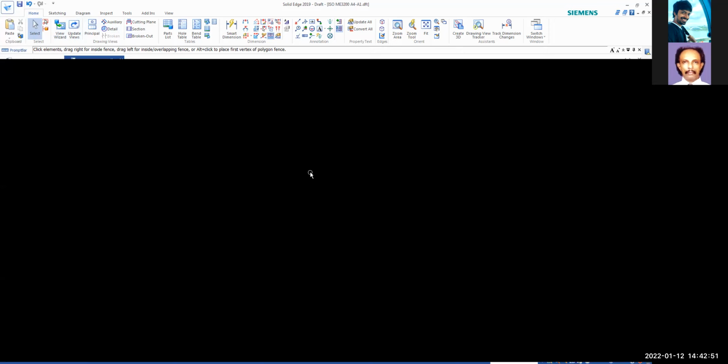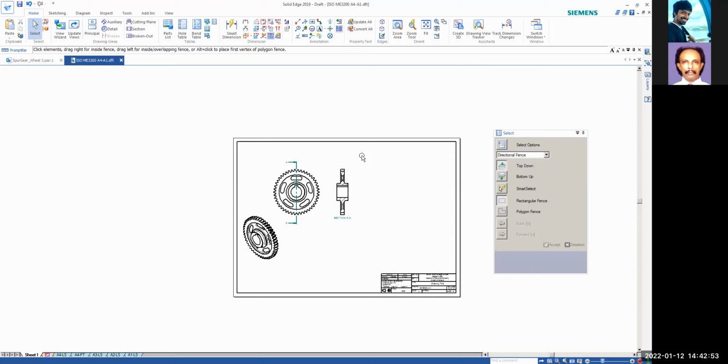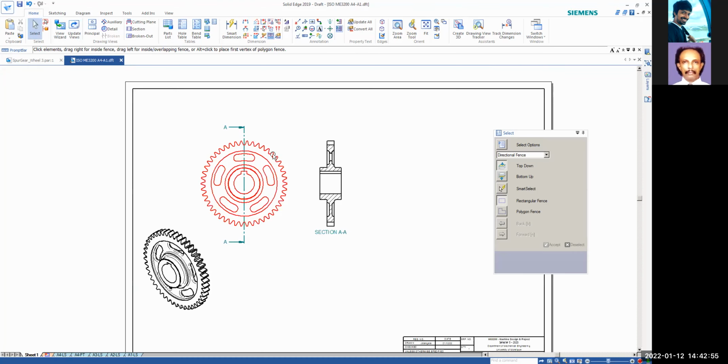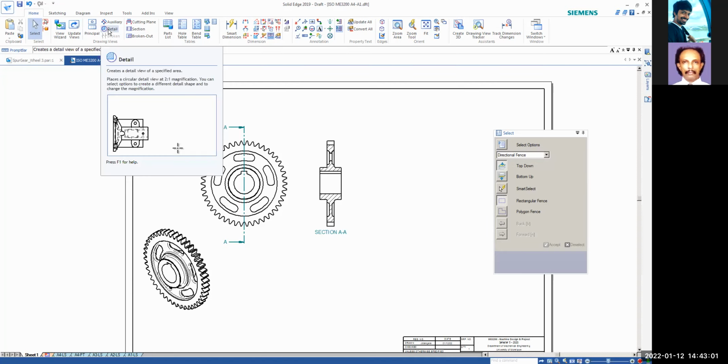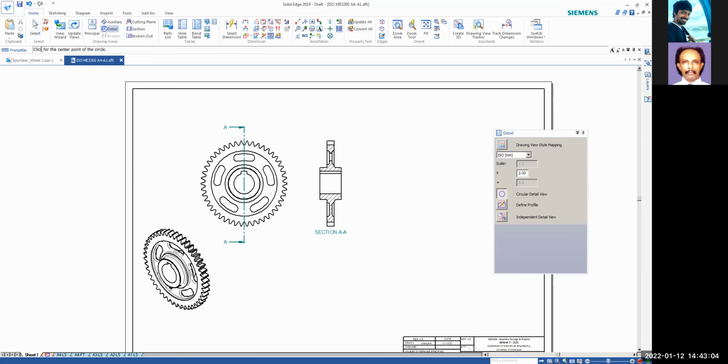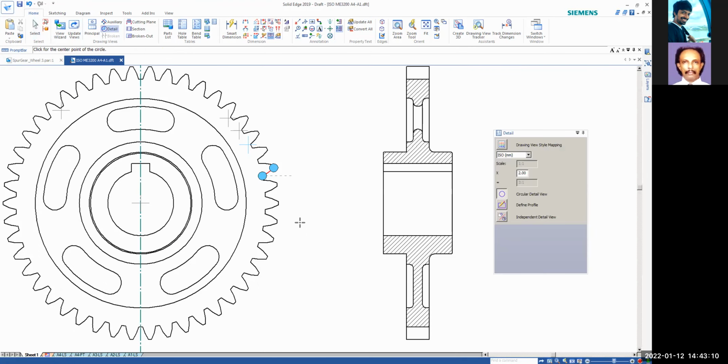Let me give you one more view, right? I'll say the detail view. Maybe here I want to give the details because it's not visible. And I go to what you call the detail view. You see, click for the first center point of the circle. Maybe I can zoom, for example, because I may otherwise